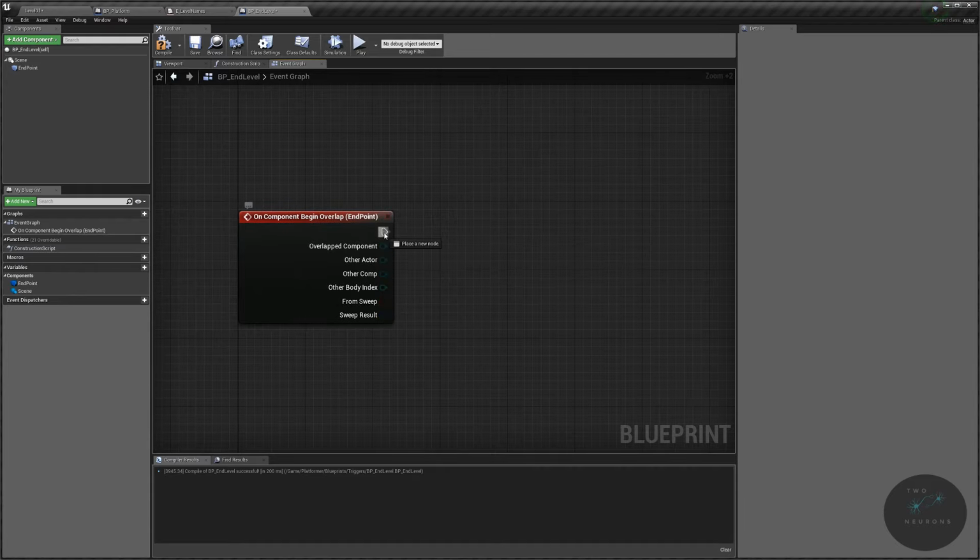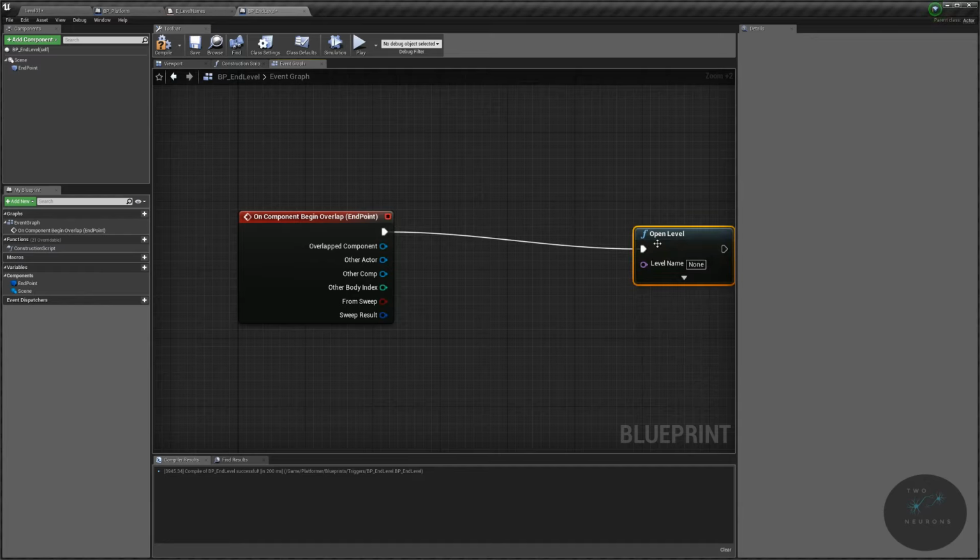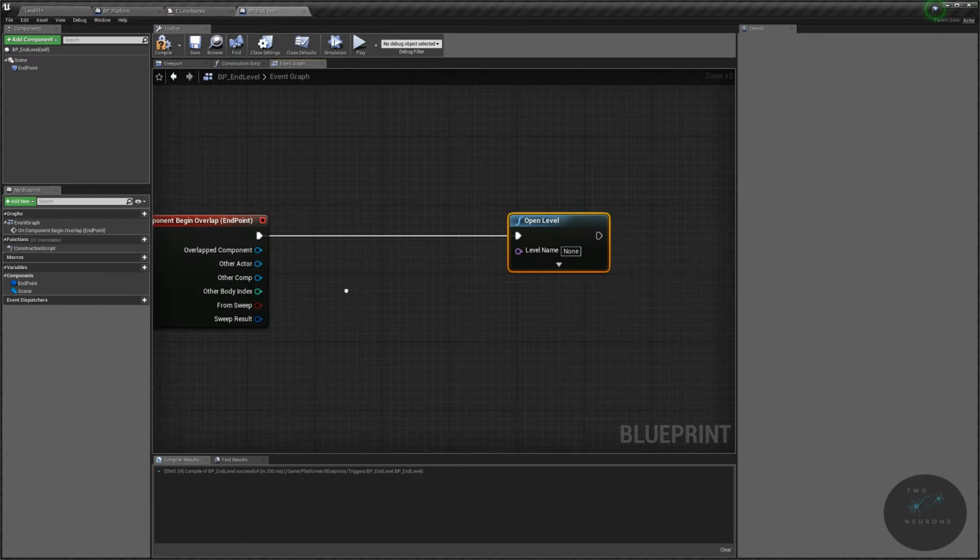So we're going to drag off this execute pin, and where you drag, it will open up this executable actions. And you can either go through each one of these to find what you're looking for, or you can search. And in this case, I want to either end the level by restarting it at the beginning, or by bringing the player to the next level. So I'm going to type in open level. Alright, and you'll notice that we have this new node that says open level,